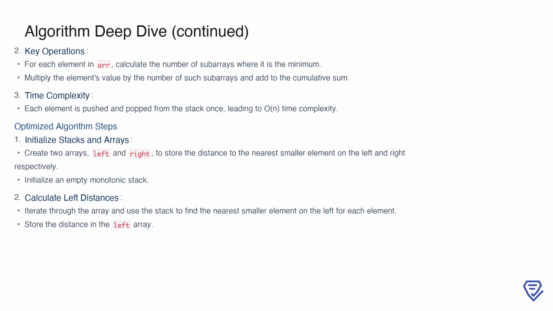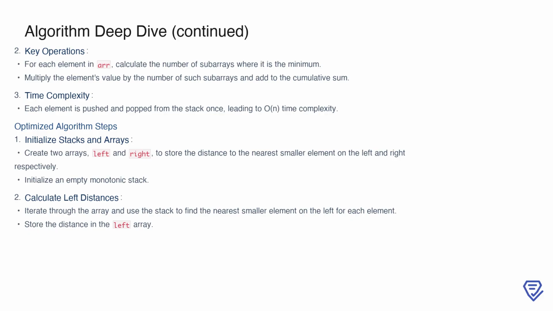To implement this, we begin by initializing two arrays, left and right, which will store the distances to the nearest smaller elements on the left and right respectively. A monotonic stack is used to efficiently calculate these distances. First, we iterate through the array to calculate the left distances. For each element, the stack helps us find the nearest smaller element on the left, and the distance is stored